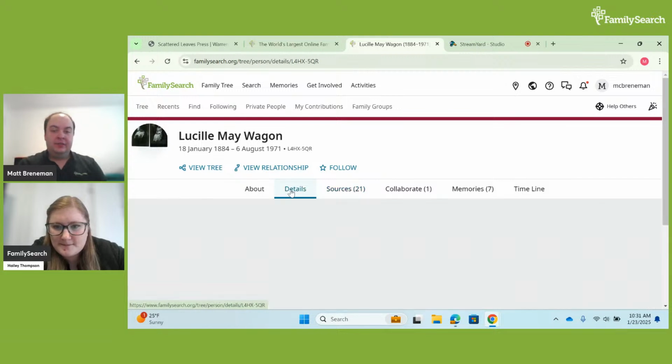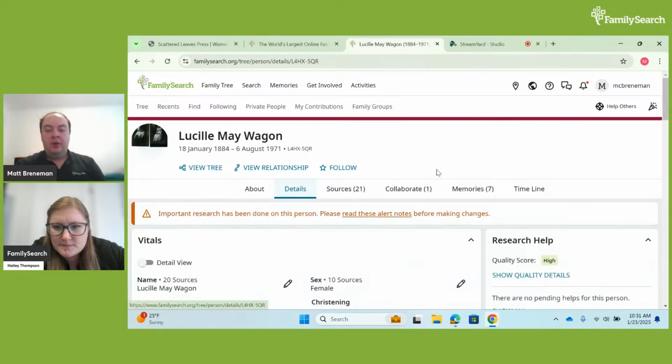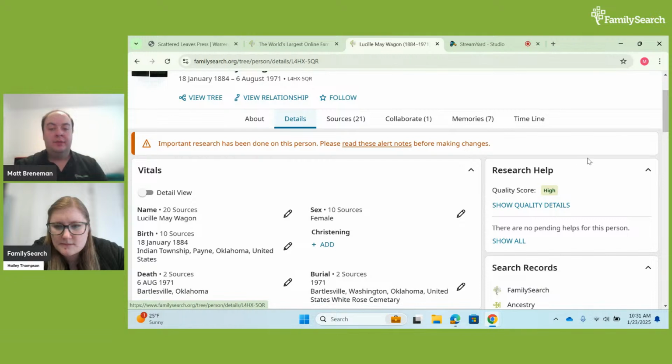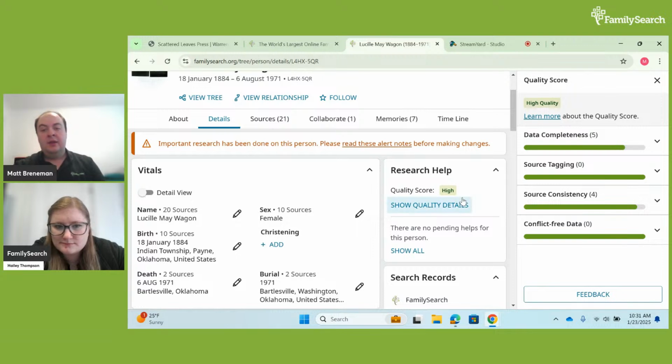Yeah, great question. So the quality score just shows you just how well researched this person is. And so you want to aim to have a high quality score. And so if you go to the quality score details, it will just show you data completeness, source consistency, if there's any conflicts in the data, or source tagging.